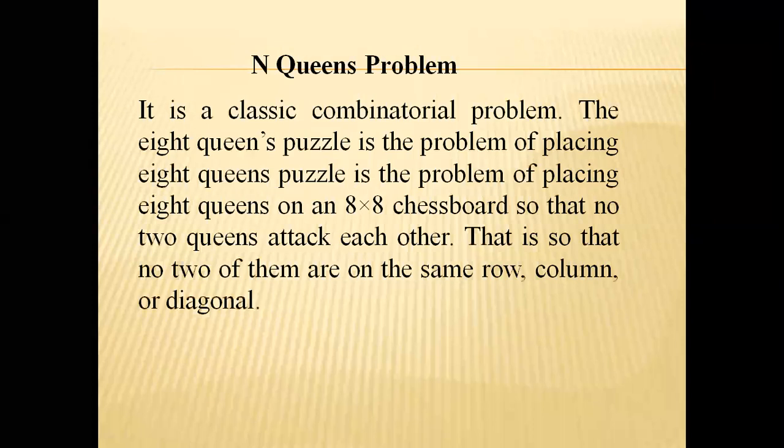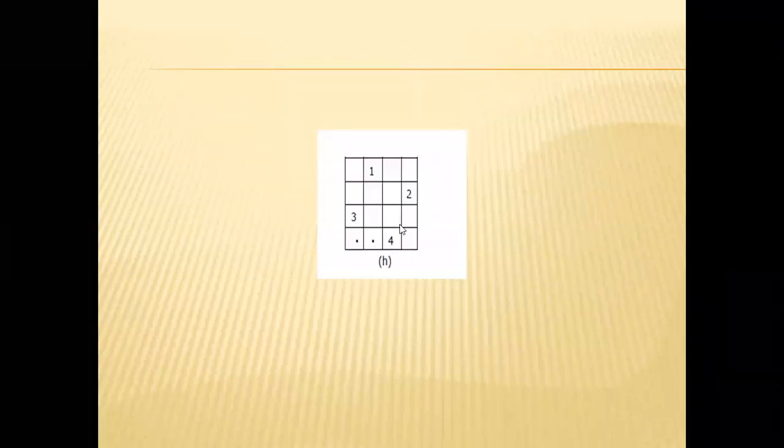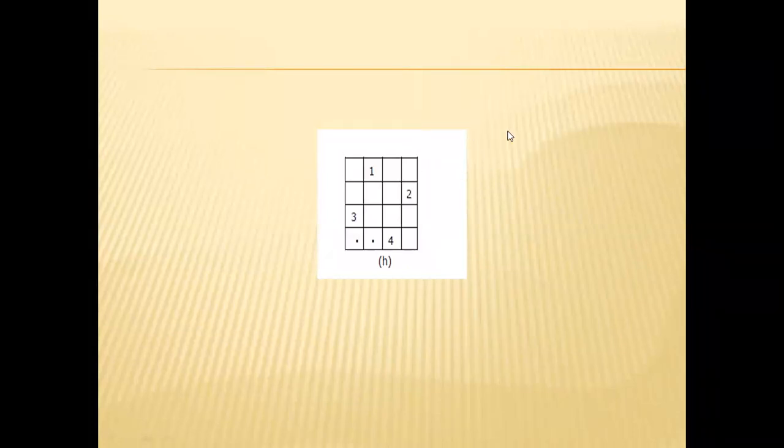Here the solution is represented by a tuple. For an n by n chessboard you are representing n tuples. For a 4 by 4 chessboard, you represent the solution by 4 tuples: x1, x2, x3, x4. For an 8 by 8 chessboard, the solution is represented by x1, x2, x3, x4, x5, x6, x7, x8. So that is the first problem, the n queen problem.